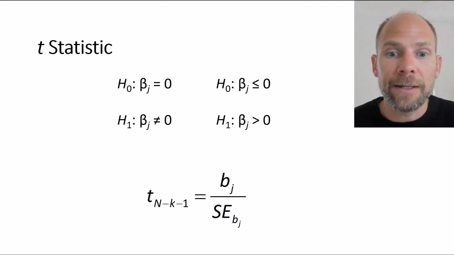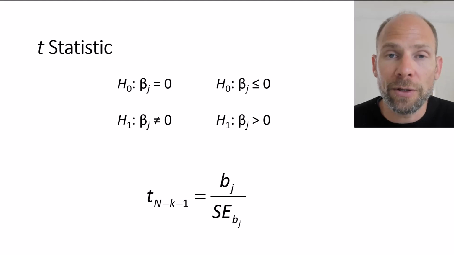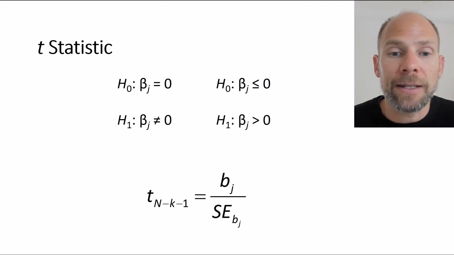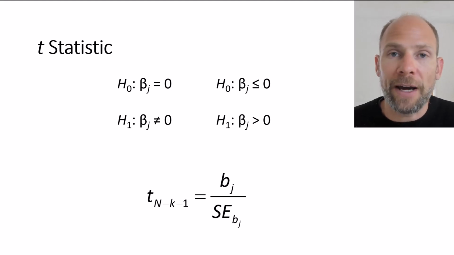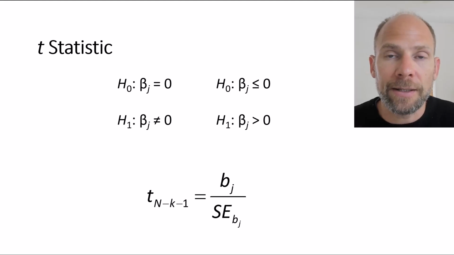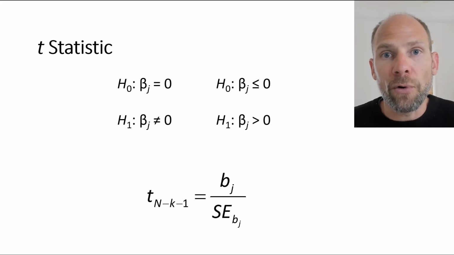How is the t statistic calculated? The t statistic is calculated by dividing the sample partial regression coefficient bj by its standard error se bj. And the t statistic has n minus k minus 1 degrees of freedom, and then we can look it up in a t-table, or we can use a t-distribution calculator to find the p-value. As we will see, programs for multiple regression analysis such as SPSS directly provide us with a p-value for the